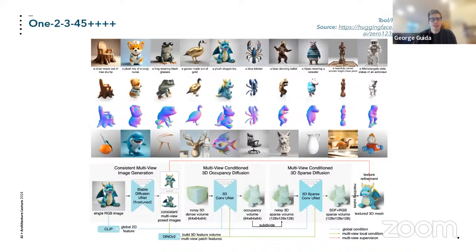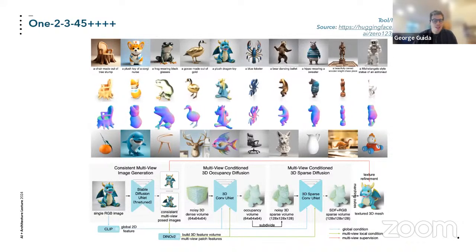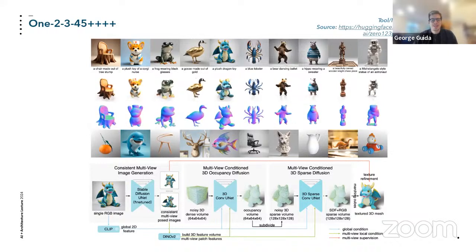Another model which has recently come out is called Zero123++. Every few months a new model within this lineage comes out, but this essentially is again a single image to 3D multi-view generation process. And so you're able to input that single image, and then it generates multiple images of that single image, and then textures it and creates a fully coherent object at a pretty impressive resolution.